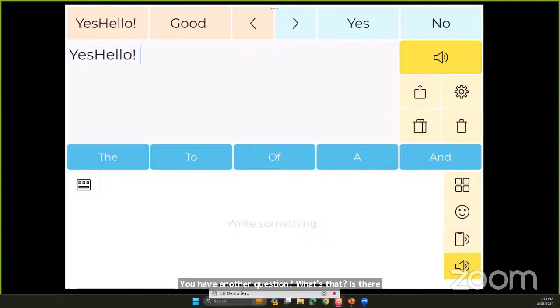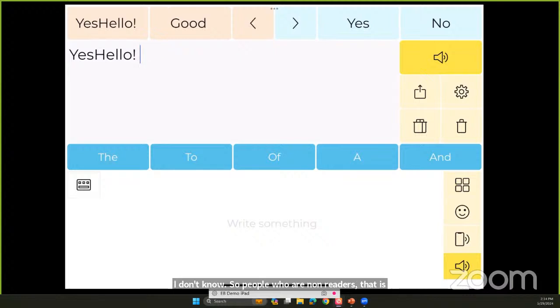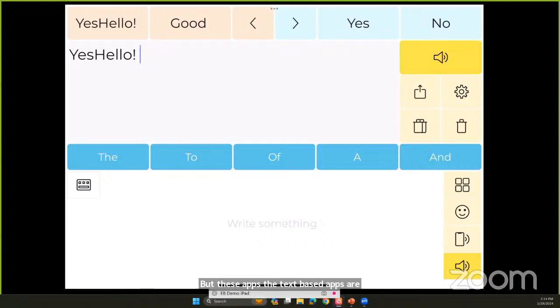Is there an app you recommend for people who are non-readers? Oh, so people who are non-readers, that is maybe what we should have started with. These text-based apps are intended for people who have some literacy skills and can write out their thoughts and or read the buttons.